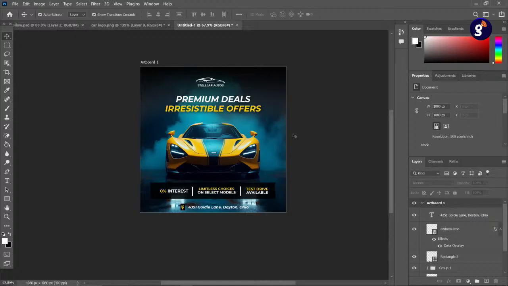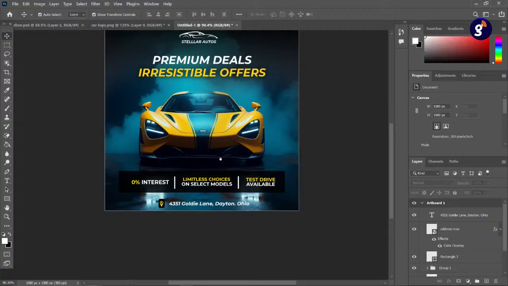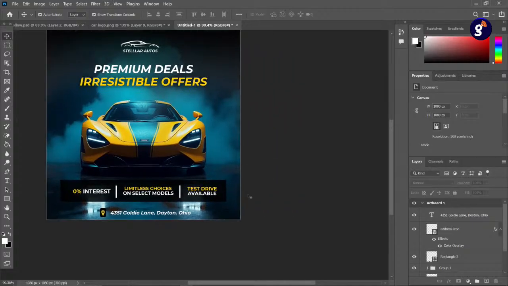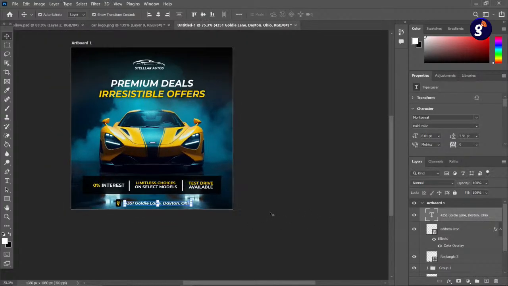So you need to ensure that no matter how small a font or a text is, it should still be legible, right? So one way to always do that is to use your drop shadow effect. You always apply it to your text, whatever project you are working on, right? So I'm going to apply a drop shadow to the white text so that it will be very legible even at the smallest zoom. So I'm going to right click this, come to blending options,